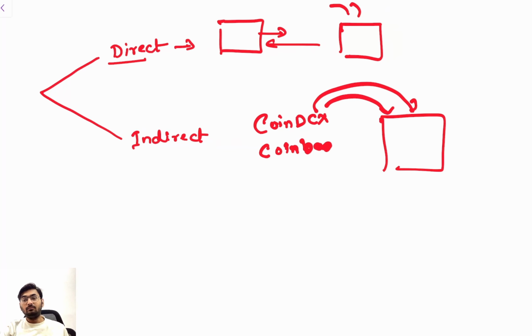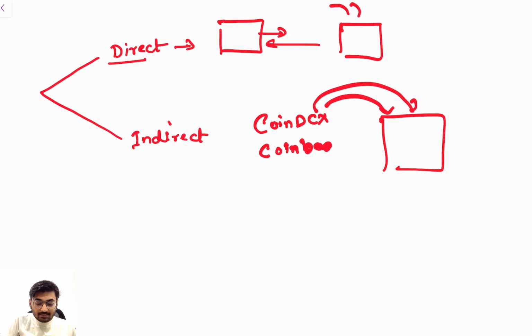Clear? Now how will these cryptocurrencies be stored? See, basically there will be a dedicated special key designated to the cryptocurrency, just like a password, and that will give you control over your cryptos. Clear? Think of it like this: you have your cash, you are keeping it in your locker, and you are responsible for it. If you lose the key, you will lose the money. Clear? So this is the direct way of investment.